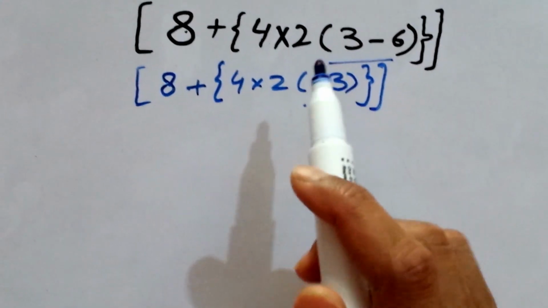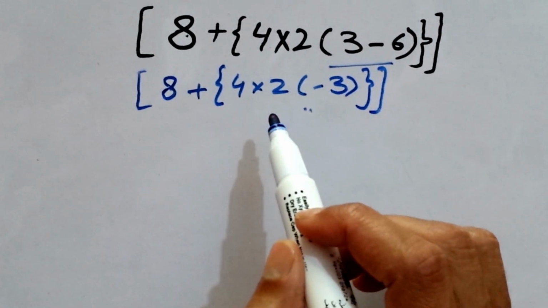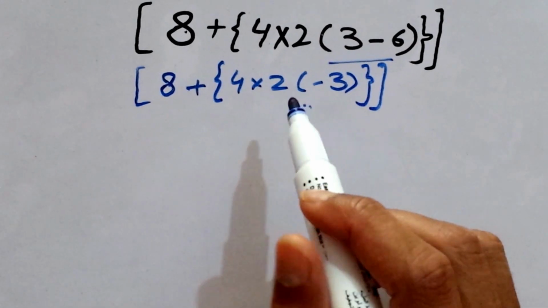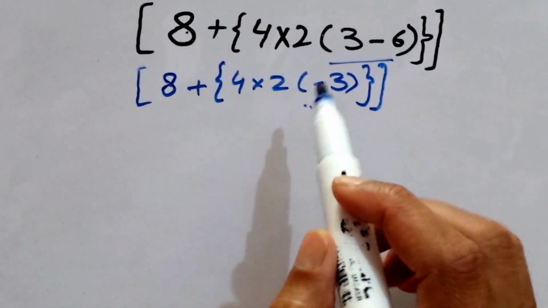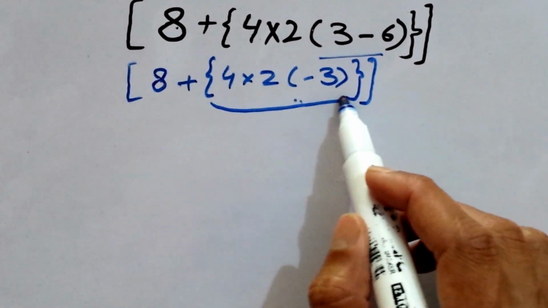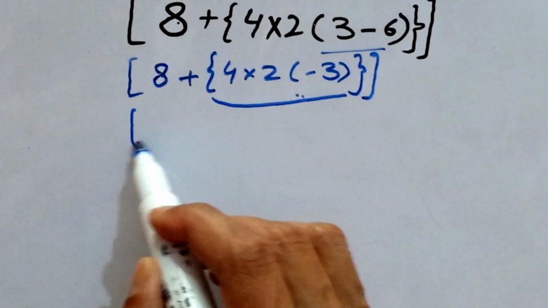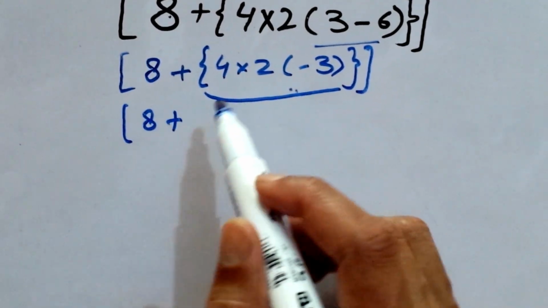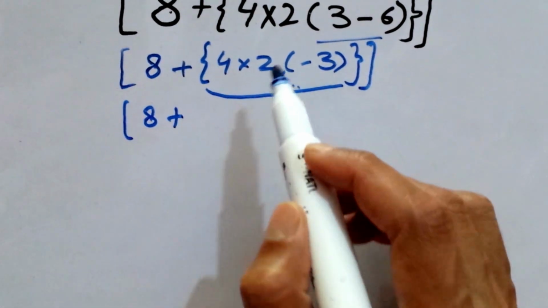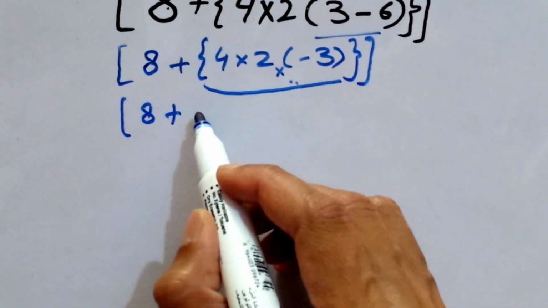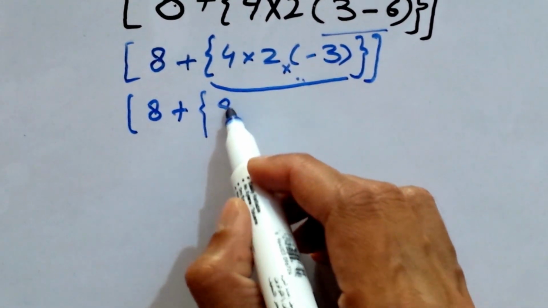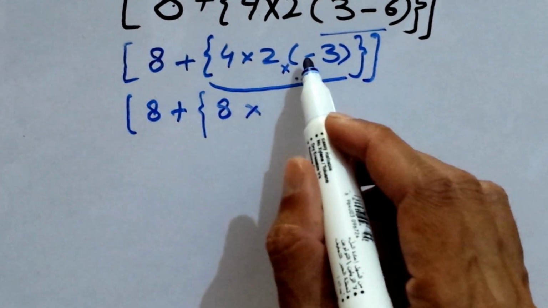Now our expression becomes 8 plus 4 times 2 minus 3, right? So now solve the curly bracket, this bracket, right? So 8 plus, okay, so here is multiply, here it is, right? So 4 times 2 equals 8, right? And times minus 3,